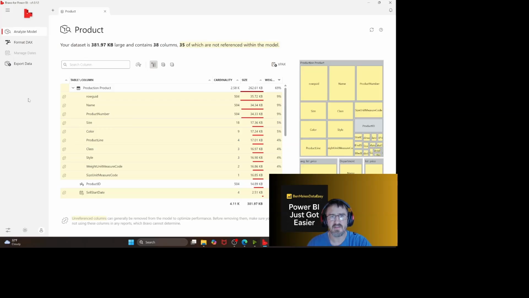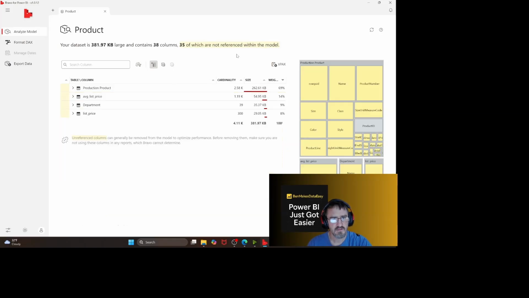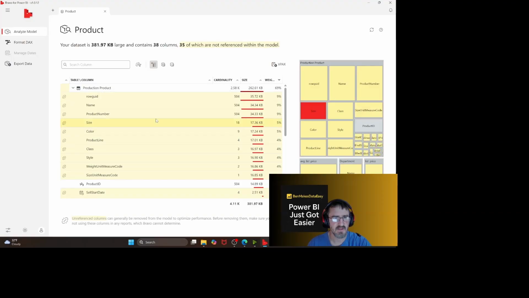What else? I remember someone saying there's a way to do a date export. I'm not seeing that clearly here. But how I would use this then is probably for cleanup. I would start with the size of my columns. Well, actually first I would look at my long running Power BI semantic models,